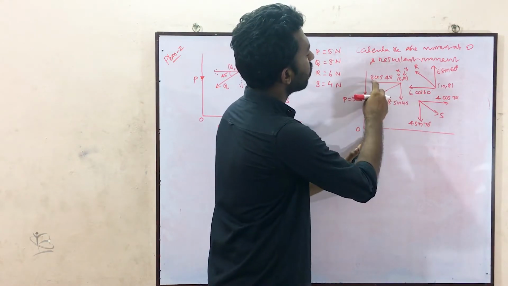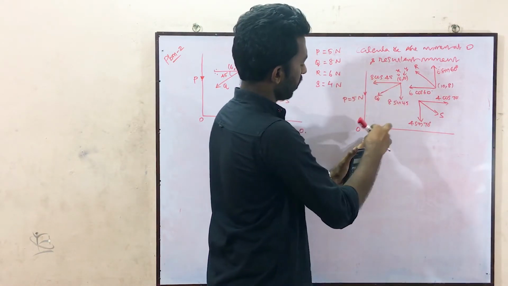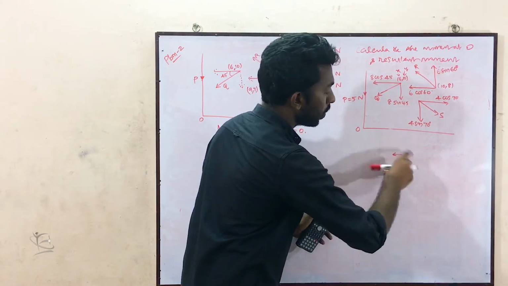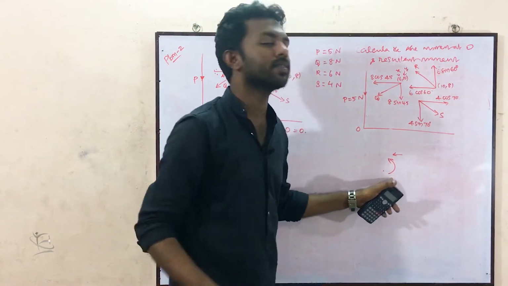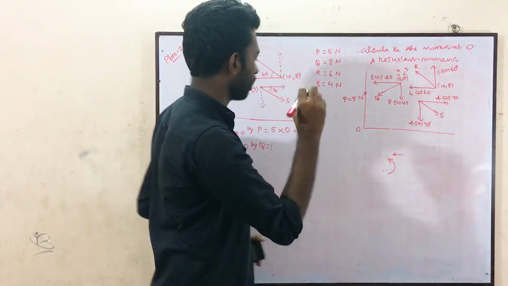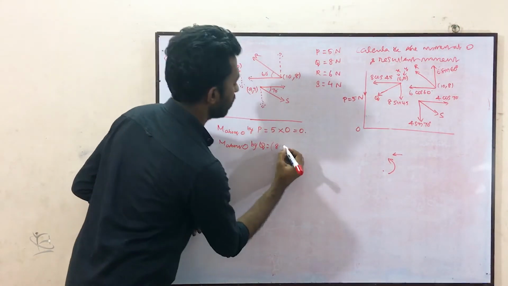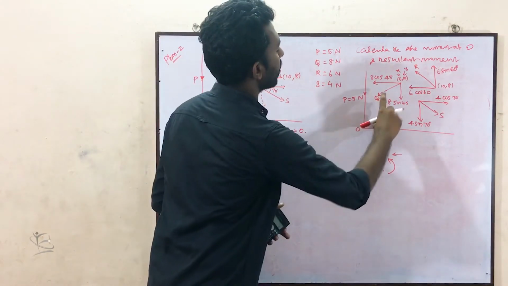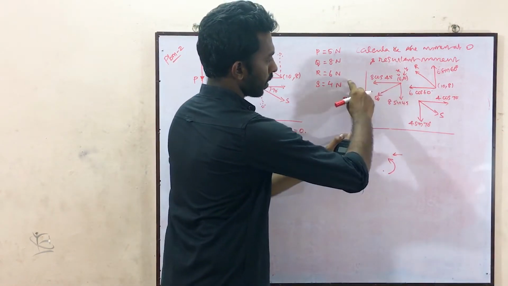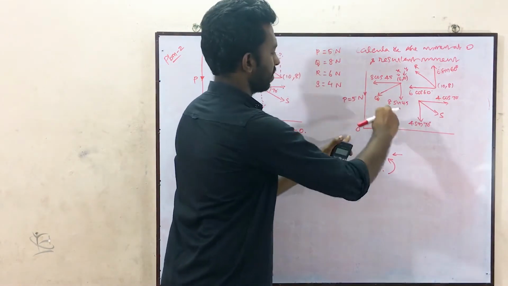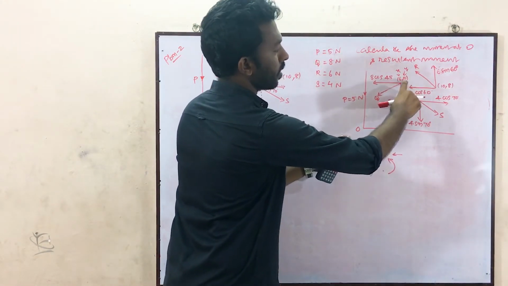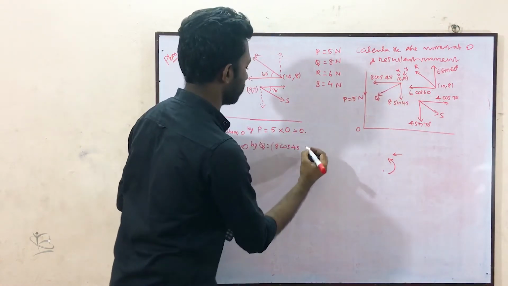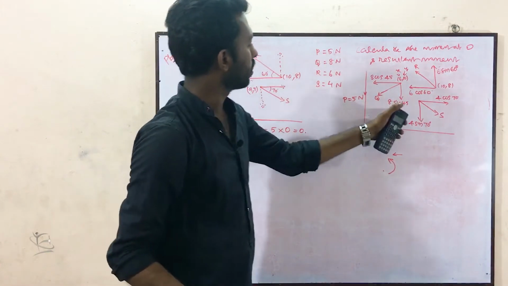Clear? So the horizontal force is 8 cos 45. If O is here and the force is here, the direction is this, so what is this? Anti-clockwise direction, so take it as positive. 8 cos 45, horizontal is taken. And what is the vertical distance? Force is acting here, the vertical distance will be this. That is y, 10. So this will be 10 and this will be 6, into 10.